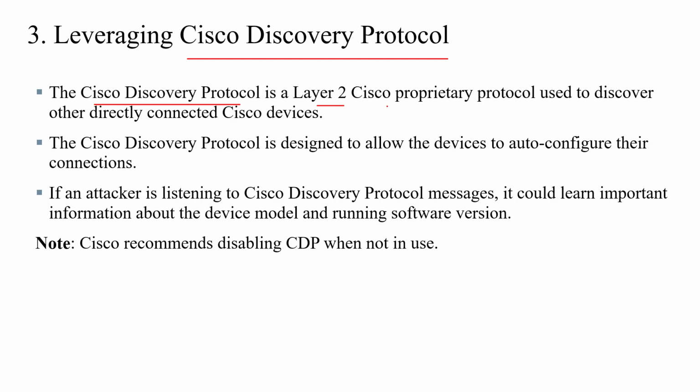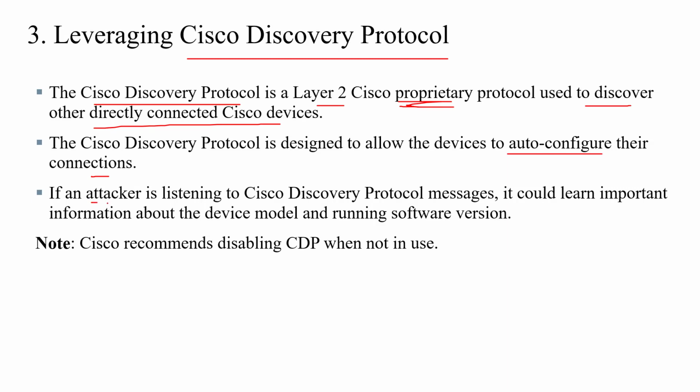This protocol, Cisco Discovery Protocol, is a Cisco proprietary protocol. Proprietary means it is created by Cisco, and it is used to discover the other directly connected Cisco devices. All the directly connected Cisco devices within a network can easily be discovered. Not only that, CDP is designed to allow the devices to auto configure their connections,